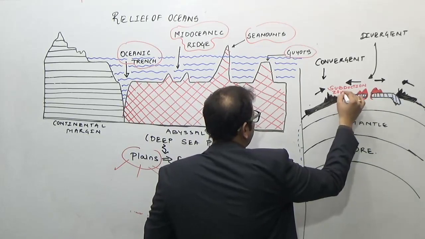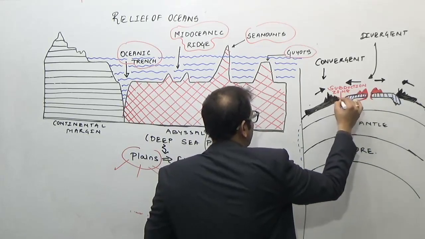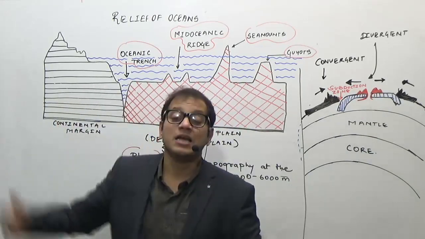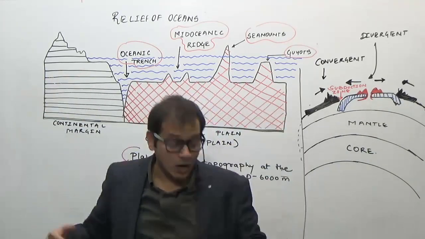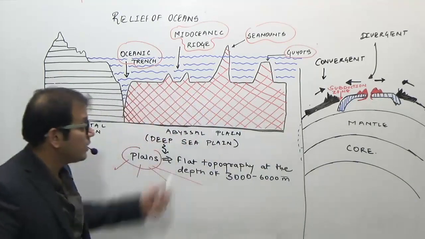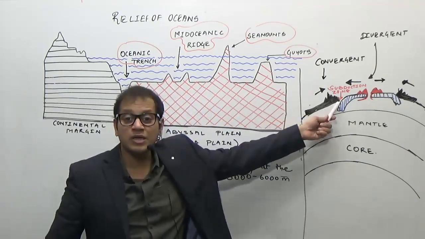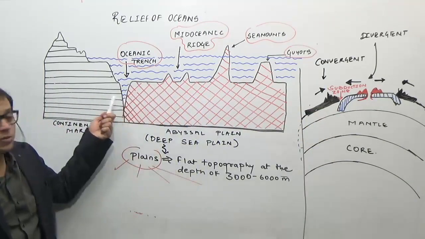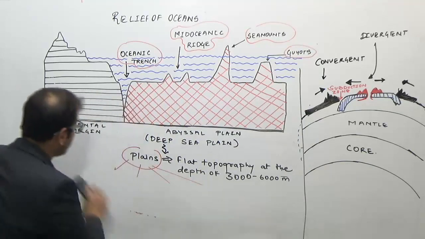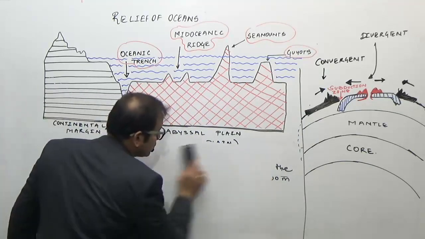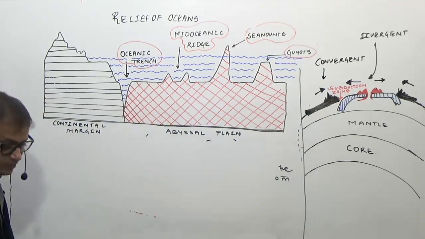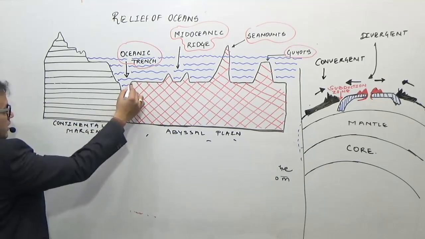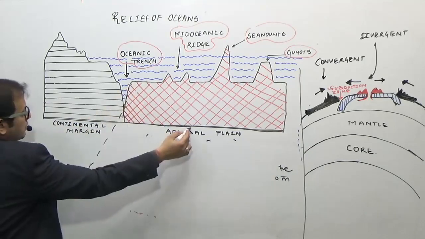It goes at a point which is known as a subduction zone. That is, it goes at a margin in which there is a subduction zone. The part of the earth's surface where the oceanic plate goes below the continental plate in the subduction zone is nothing but an oceanic trench. So if we try to study this oceanic trench, how will it look? We do not have to study it like this. It will look somewhat like this in the figure.